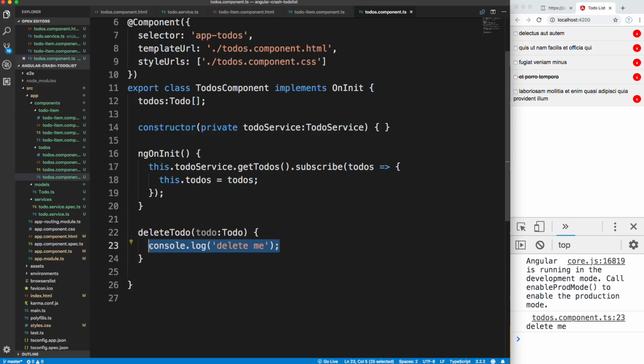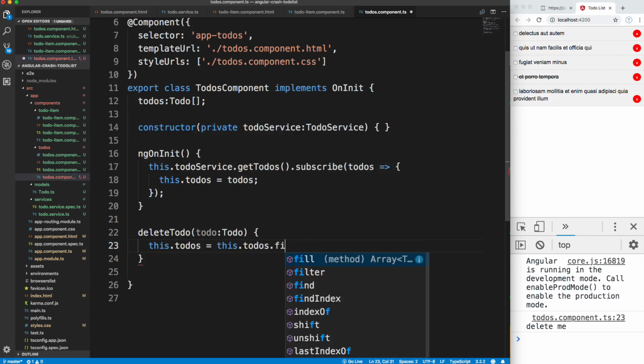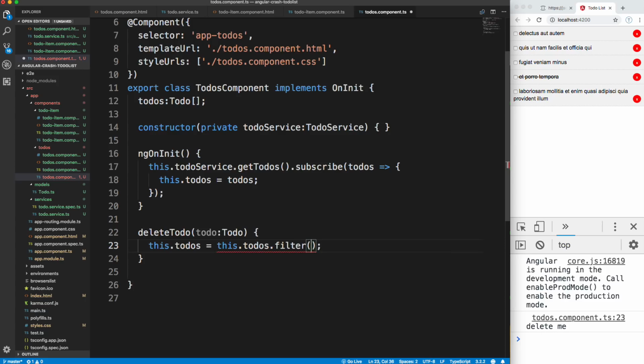Now, ultimately, we want to do two things here. We want to delete it from the UI, and then we also want to make our delete request, which is going to be in the service. Okay, so let's first do the UI, and that's pretty easy. All we really have to do is, well, we can do this a lot of different ways. I'm going to use filter. So I'm going to say this.todos equals, and take the todos and filter,